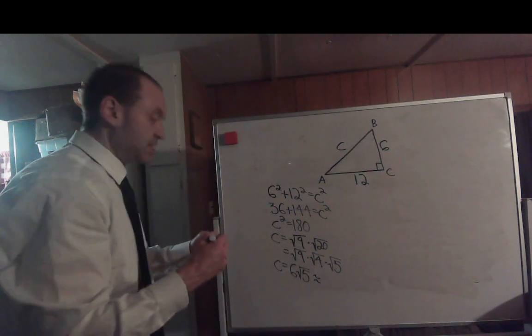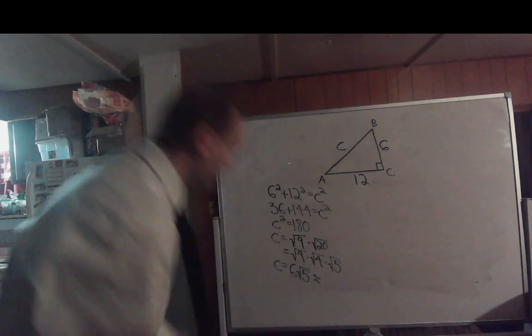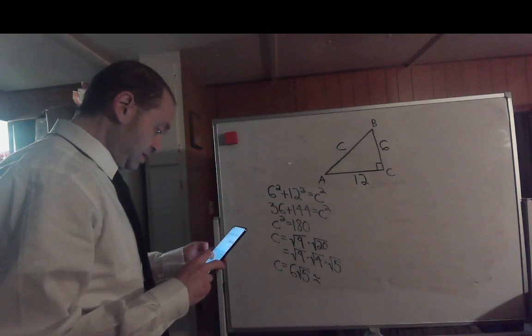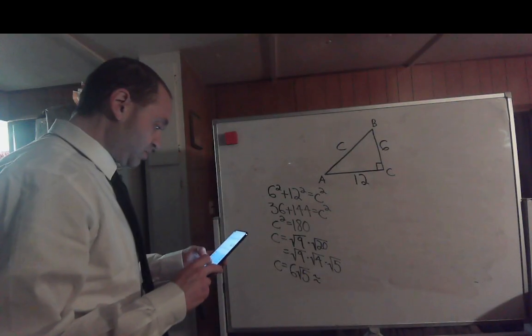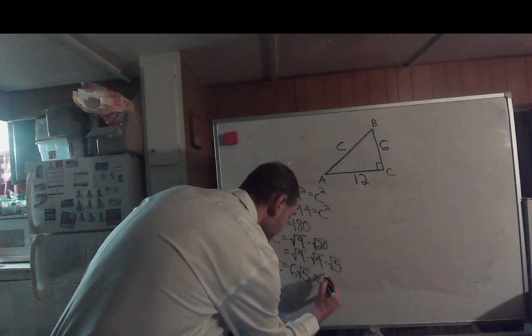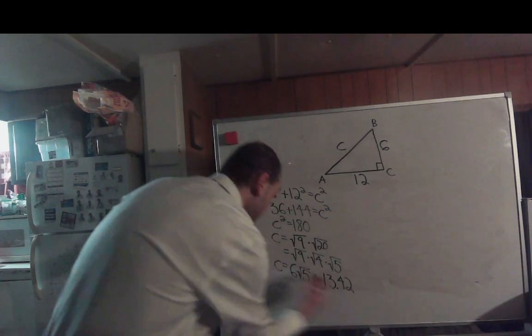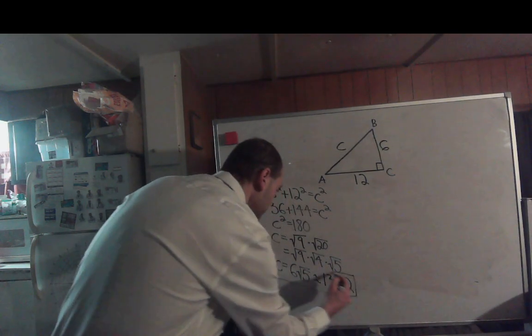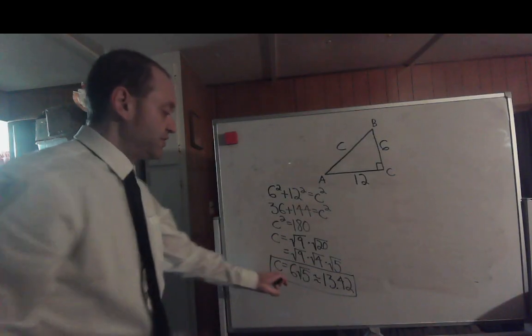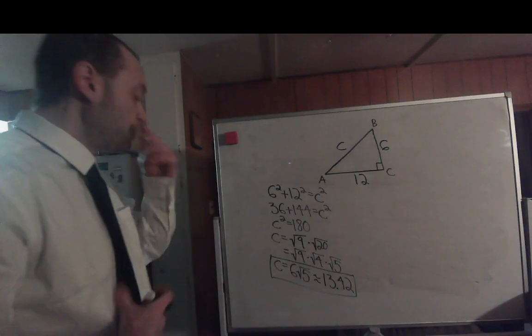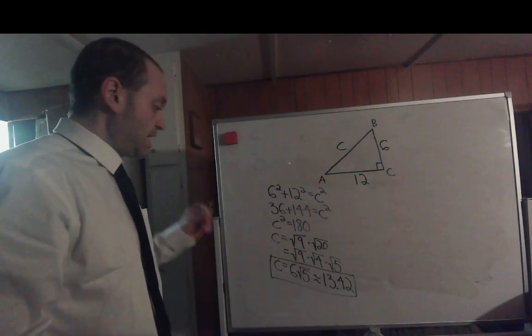Let's get a 2 decimal place approximation for it. Let's see, 6 times the square root of 5 is about 13.42. So side C equals exactly 6 times the square root of 5 units, or approximately 13.42 units. Okay, so